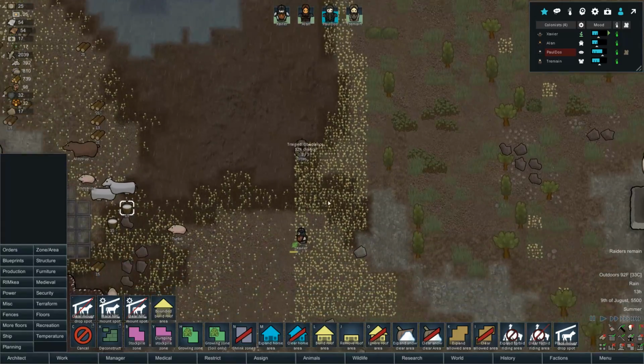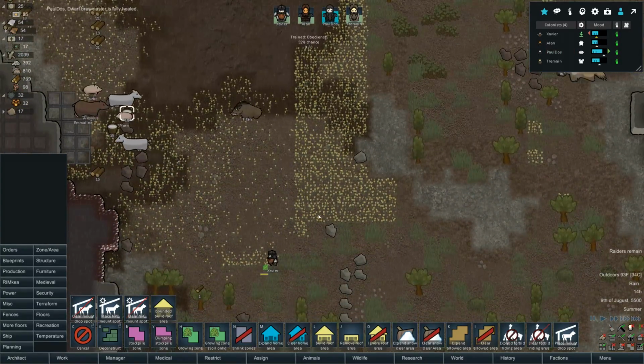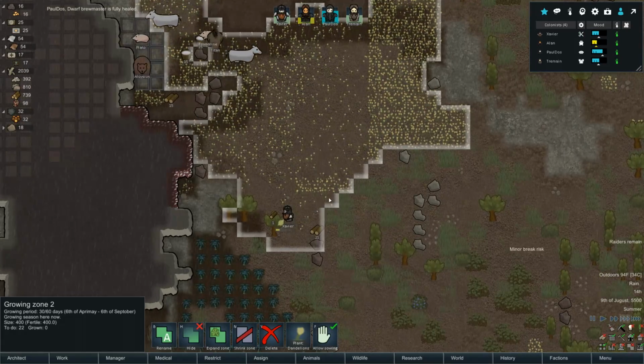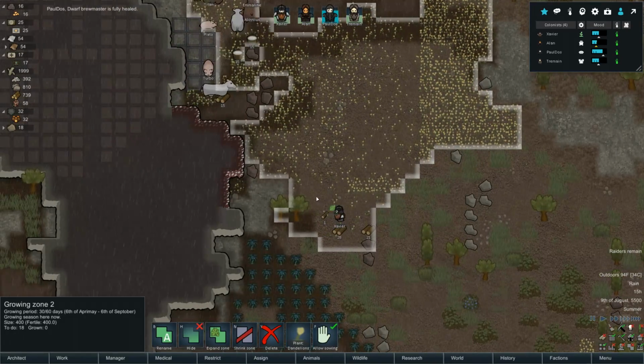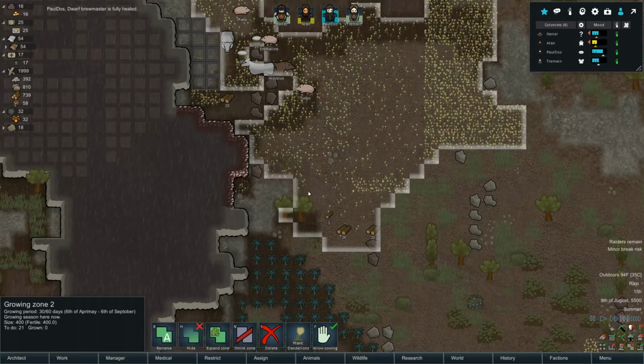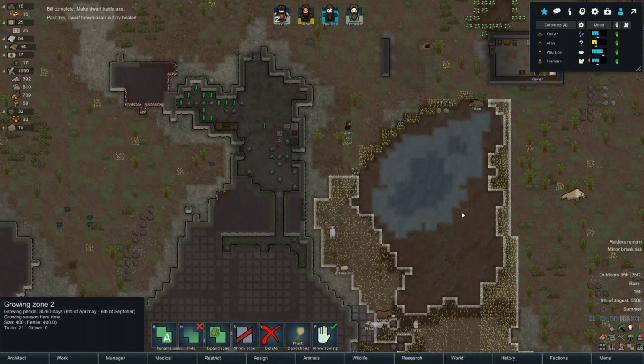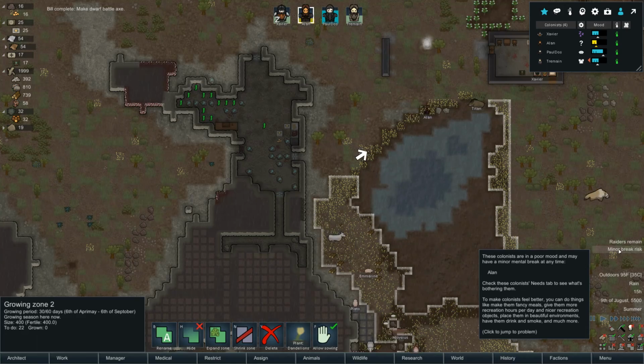Training Titan in obedience, 3 out of 3. Keeping that up. Yes, and this is actually the end of the dandelions. Poldos is fully healed from the great melee hunts. Minor break risk is the only thing we...